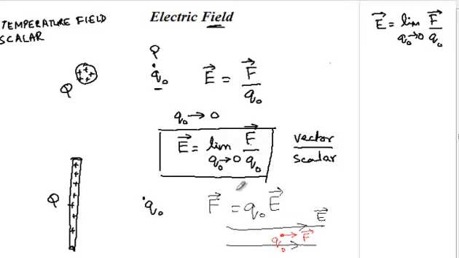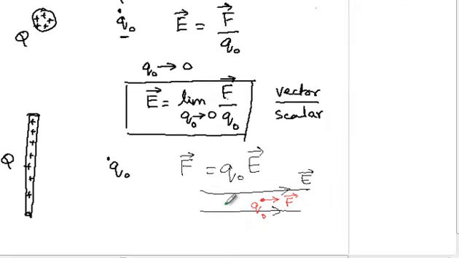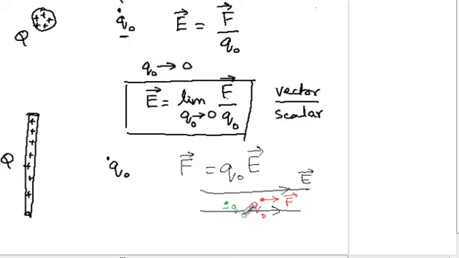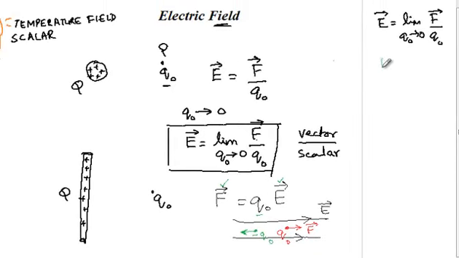Instead of a positive charge, if you had a negative charge, which is given by negative Q naught, then it will move in a direction opposite to the electric field, because the charge has a negative sign. So in that case, the direction of the force is opposite to that of the electric field. This means we are using the formula for the electric field as force is equal to Q times E.